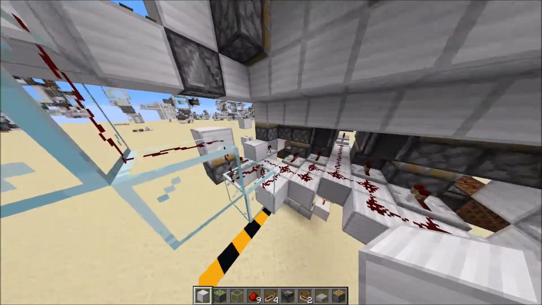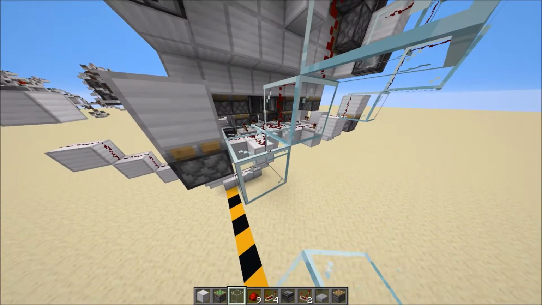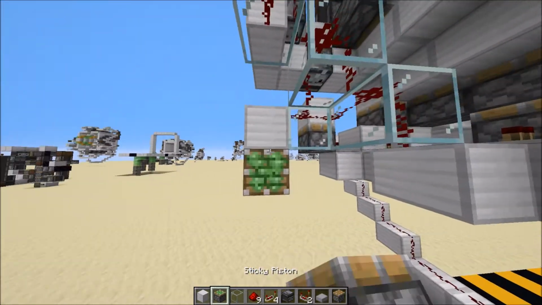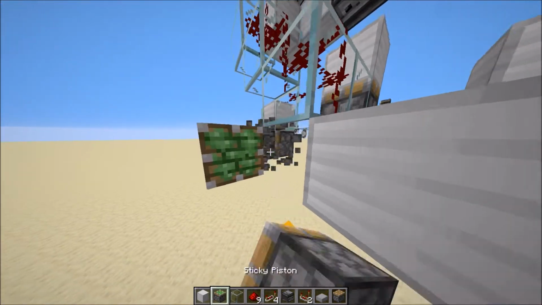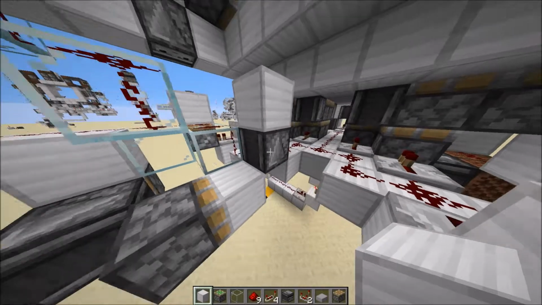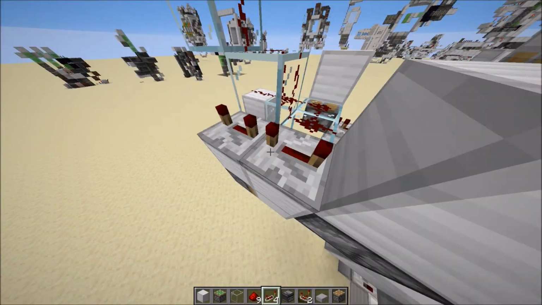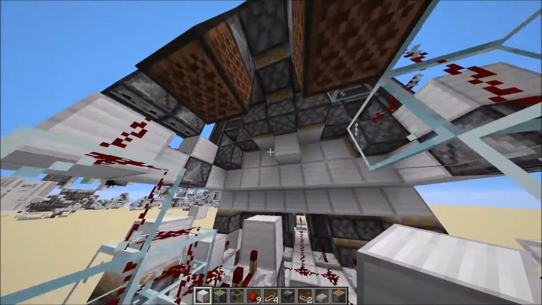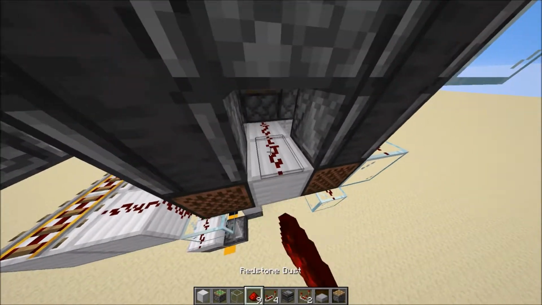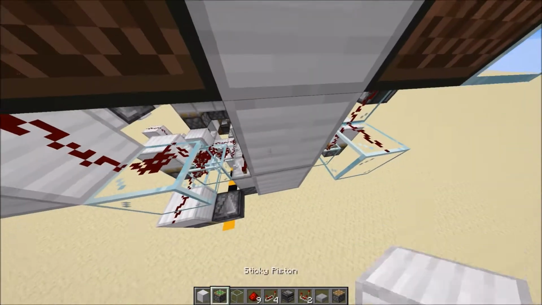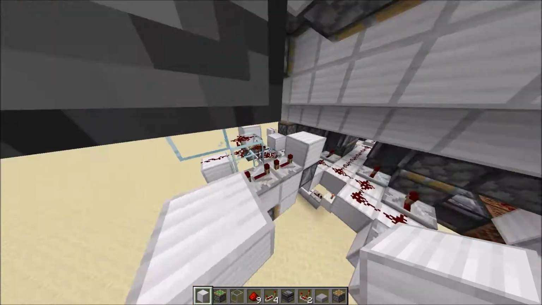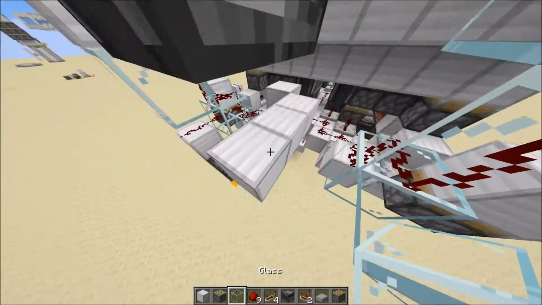So let's go to the other side of the door. Okay, so 2 pieces of glass, an iron block, pieces of redstone dust, a piston, an observer, another piston, a block, another observer, another block, another 2 blocks, 2 repeaters set to 4 ticks like this, and well, let's go over here again, a non-sticky piston, 2 blocks, 2 pieces of redstone dust, go down by 2, replace it with an observer, go down by 1 more, remove this, it'll activate it again, then place this over here again, replace this with a glass block,